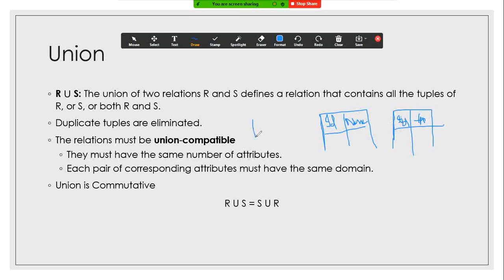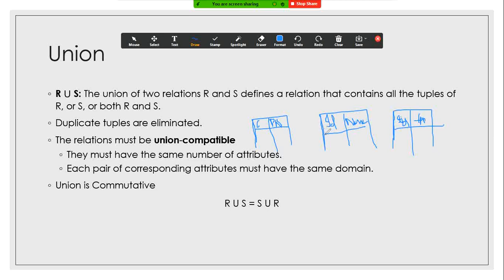But what if we write a table where we have this city column and then this phone number column. The data type of city is text and the data type of phone number is long number. Are these two tables union compatible?